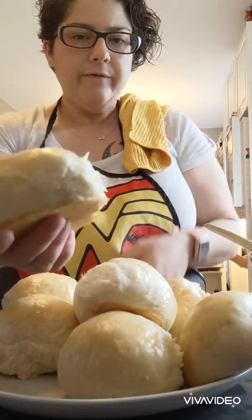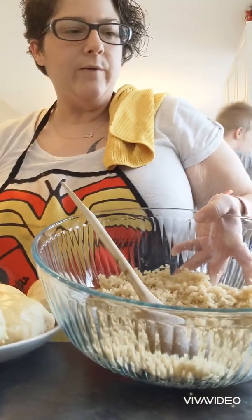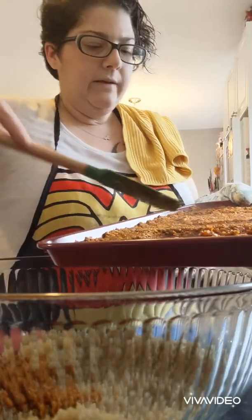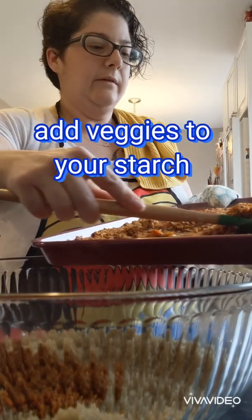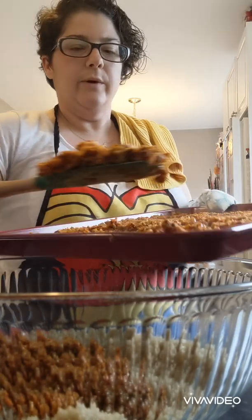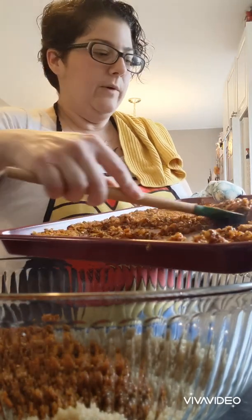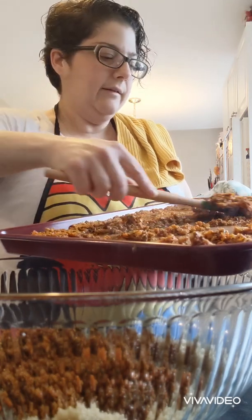So my homemade buns are out of the oven. They are soft, they are pillowy, they smell delicious. I have my quinoa here cooling, and now we're just waiting for stuff in the oven. Okay, so my stuff is out of the oven. It looks and smells delicious. It is a little wet, but that's okay because the quinoa's in here, and that's going to help be the binder, as well as some eggs